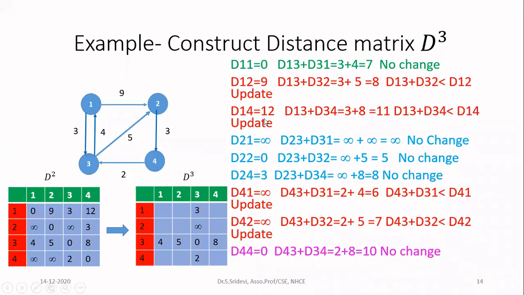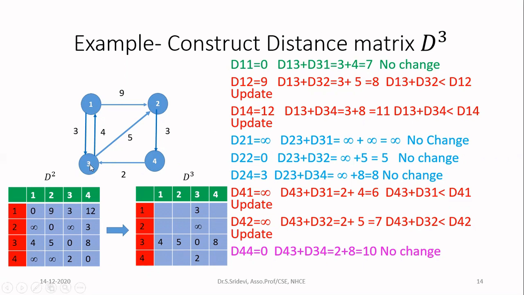Now let us see what is the meaning of this particular updation. So now I need to compute the cost from 1 to 4. That is from this node 1 to the node 4. If you consider previously, I have a path with cost 12. That is nothing but through the node 2. From 1 to 2, the cost is 9. Then from 2 to 4, the cost is 3. Totally, this path is having a cost of 12. Now, I'm including the node 3 and through the node 3, I'm getting a new path with a lower cost.